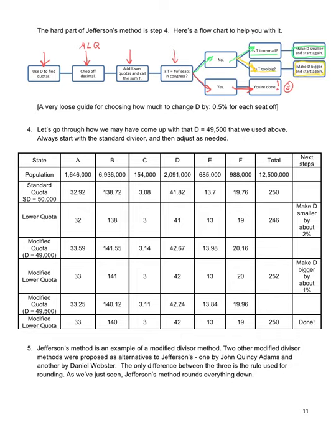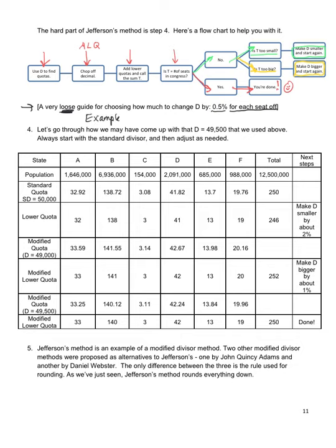So you go back into that loop on the set of steps for Jefferson's method. But even more helpful is this last piece here. A very loose guide. Loose means it's not guaranteed to get you the right number, but it should get you in the right ballpark. A very loose guide for choosing how much to change your divisor by is to take 0.5% for each seat that you're off. All right, so from our previous example,